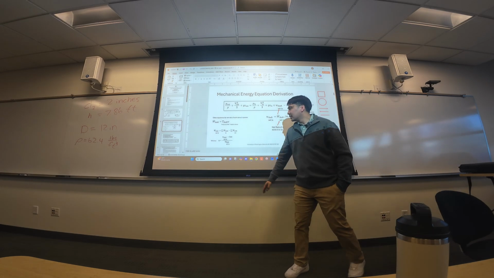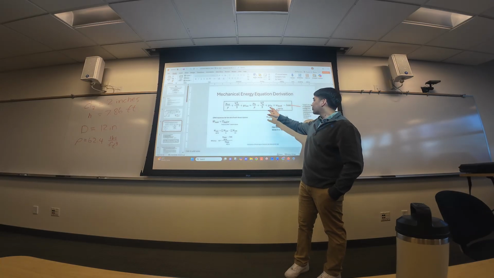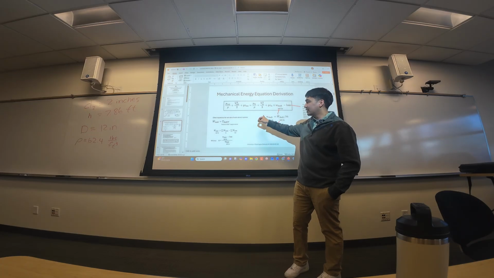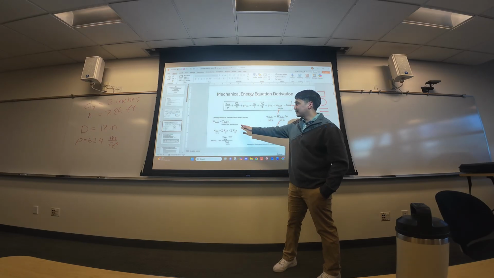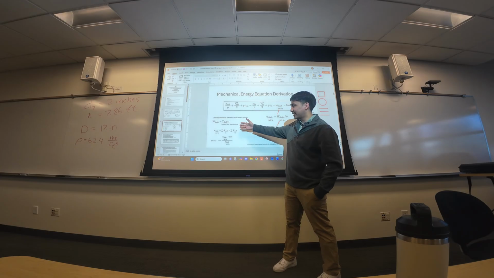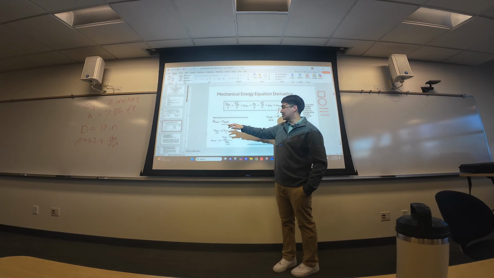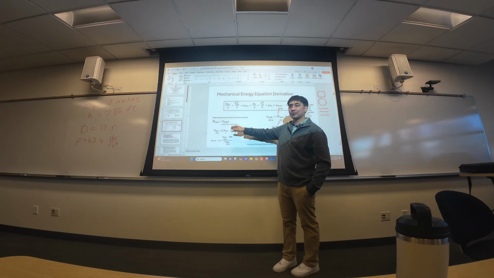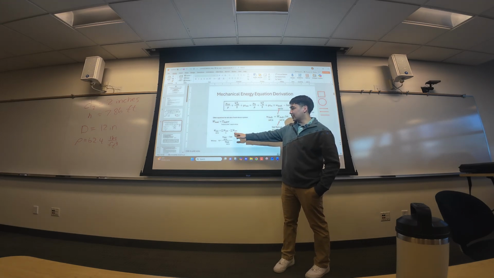Okay? I wrote some other equations that I was reading about for this work shaft. I don't think you'll need too much of this on your homework, but I'm just providing them to you in case you need them. I would just write them down too just in case. So your W dot for the shaft is the torque of the shaft multiplied by the angular velocity. That's omega, that's W. Another way of thinking about this work done in the shaft is work shaft in minus work shaft out.